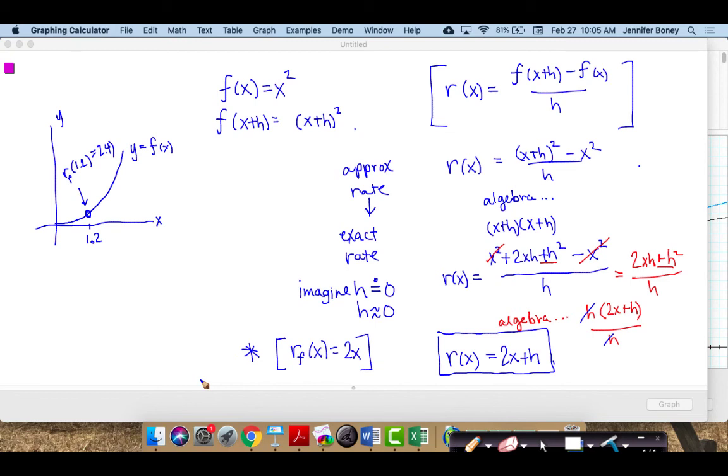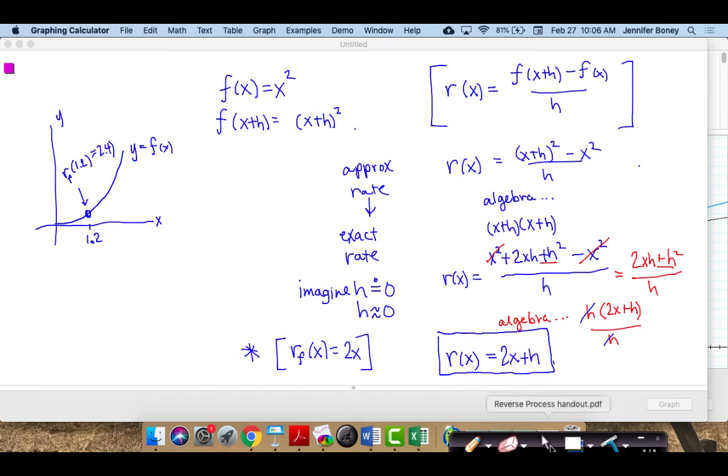So this is an approximate rate of change in simplified form, but having it simplified allows us to, because this h is now just a tagged on little plus, use any value of h we want equally well, as small or as great. And you can see that the smaller h gets, that gets closer and closer to just being the same as the linear function 2x. 2x plus smaller and smaller things is essentially 2x. So from f of x equals x squared, we can get an exact rate of change function 2x. And similarly,